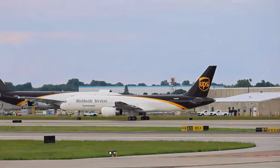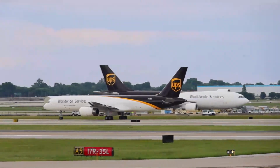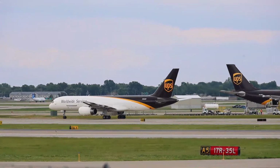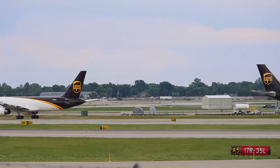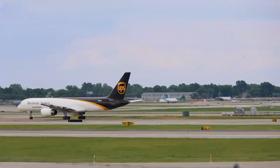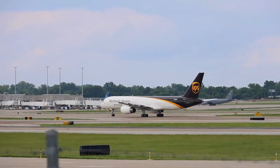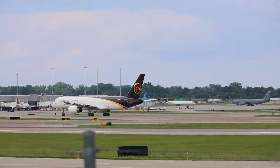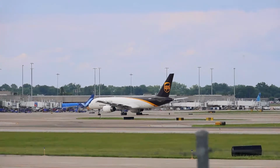And there we go with our UPS 757-200. Let me get the reg and the destination. This is UPS flight 5924 to Santa Ana, Boeing 757-200. It's a cool one to catch. I noticed in UPS Rush, there's not a ton of